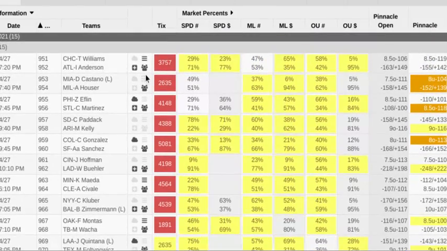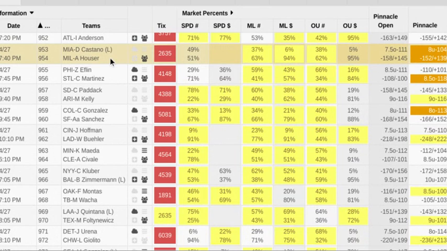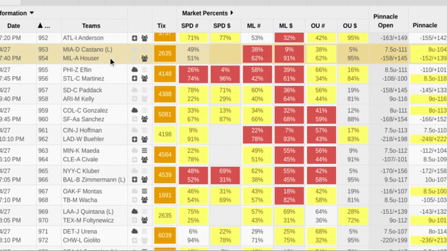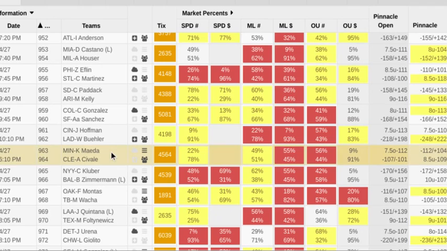First game I'm looking at and have circled, Miami, Milwaukee. I'm not betting this game, but I'm very tempted to back the Marlins here as dogs. The Brewers faced their first left-handed starting pitcher of the season last night, and they looked really bad. I'm interested to see if this becomes a thing, where the Brewers struggle against lefties. Miami has another lefty going today with Castano, so I'm definitely paying attention to this game, and I do lean Miami. But it's going to be a wait-and-see thing, to see if the Brewers actually do struggle against lefties that badly.